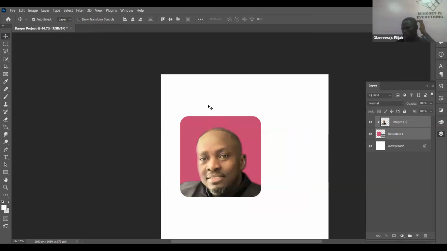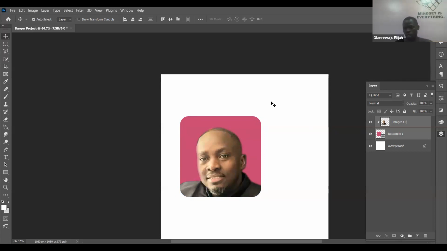Say for instance, you are designing for an event, and they require pictures of people that are going to be discussing in that event, maybe like 5 of them. This guy is too big. You highlight it, then press Control T, which is transformation. Transformation helps you to move 2 or more objects around your document, right? It also helps you to scale it, to increase the size of that particular selected object. It can help you to add more kind of transformation to it.